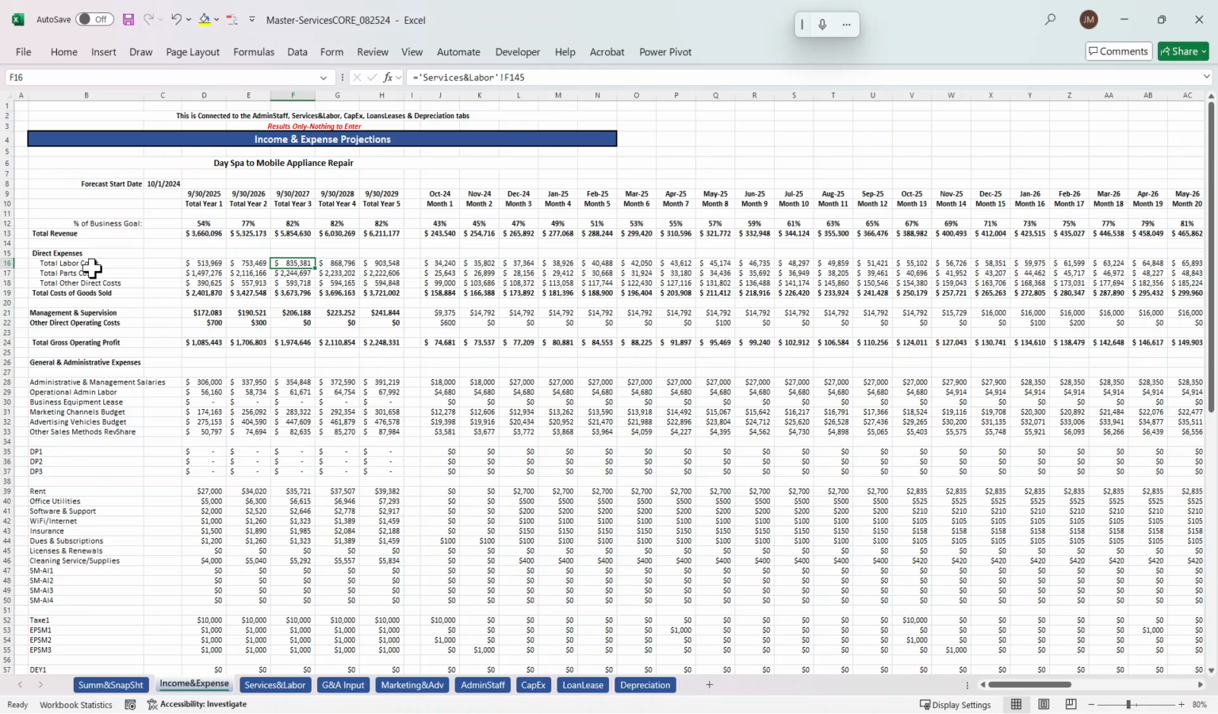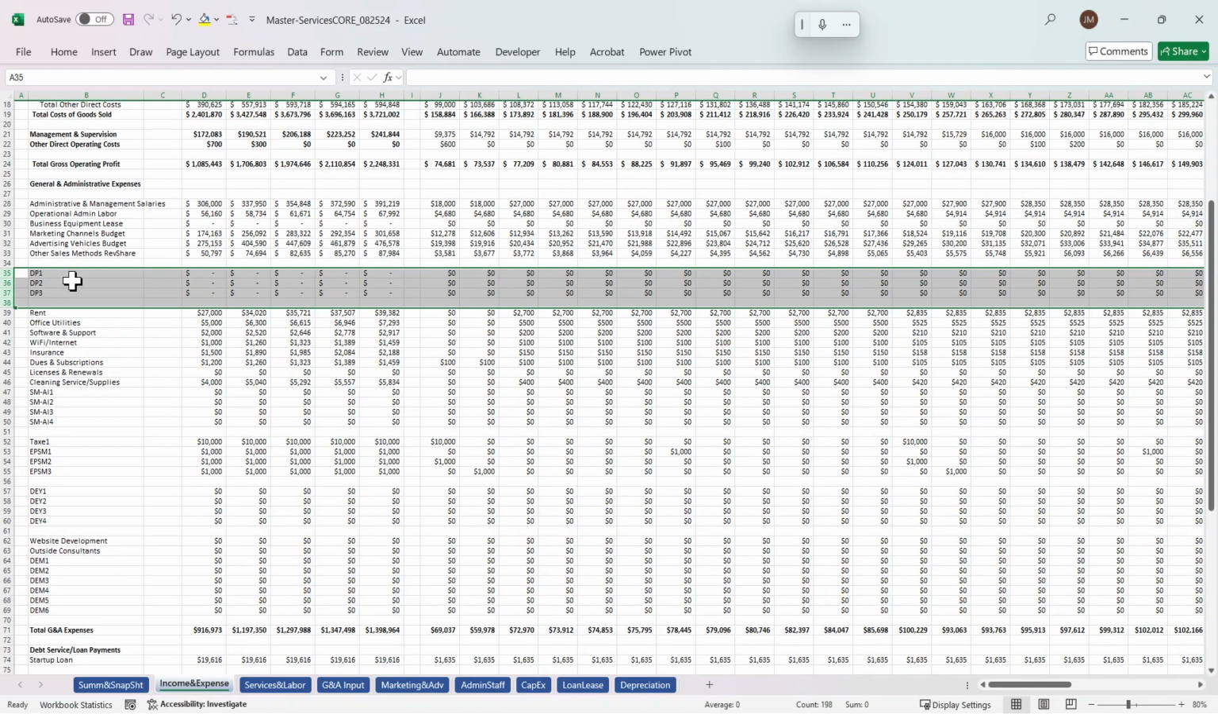If there's any unused areas, these areas can be hidden so they don't become part of any printouts or PDFs that you're creating. So they can just be hidden very easily and they're not going to show up in whatever you print out. So the same thing can be done here, but this is going to pull in all your G&A